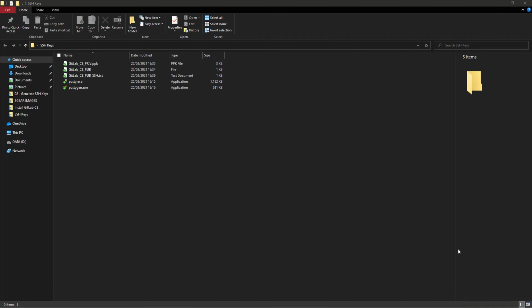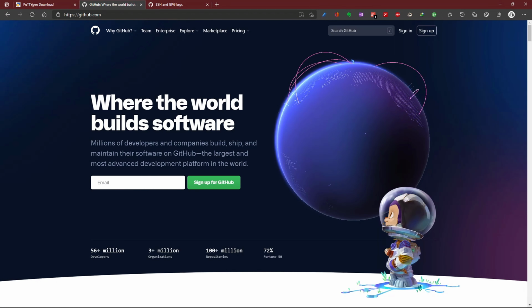With our keys created, now we must add it to our GitHub account. If you do not already have a GitHub account, it is important to create one to make installing the Linux server more straightforward.